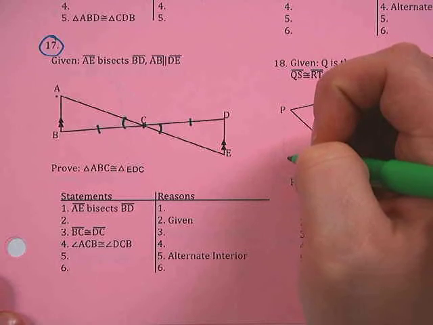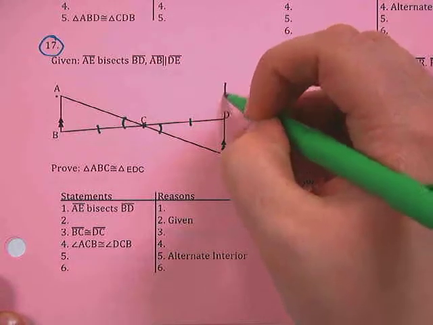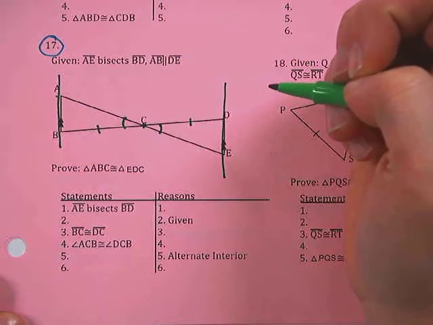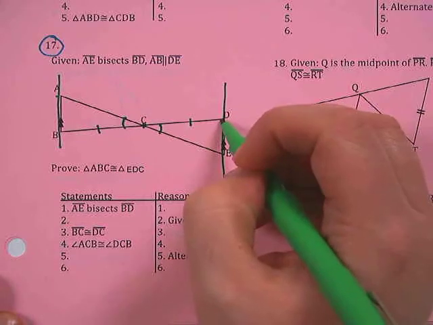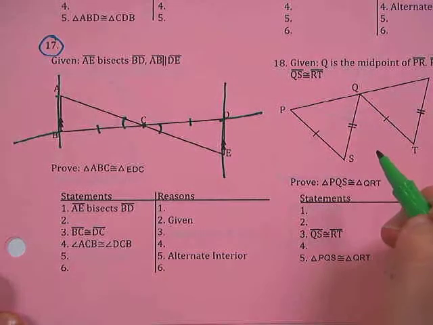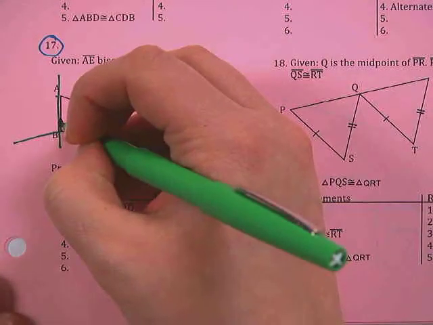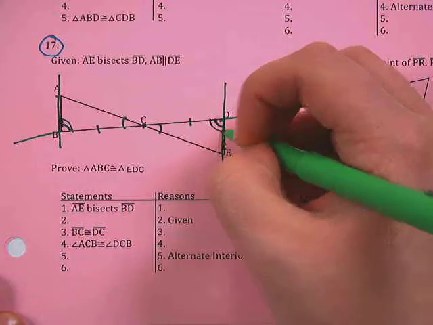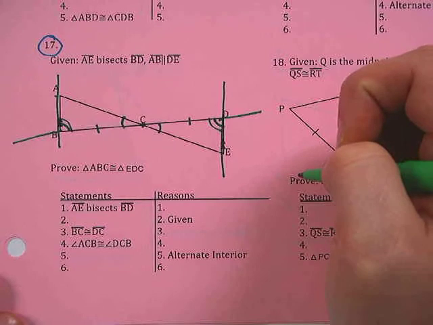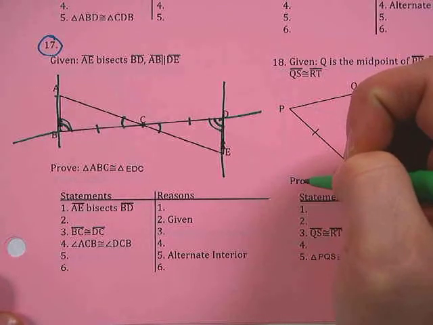The other thing we can notice is that it tells us that AB and DE are parallel to each other. So if we were to extend those lines for a moment, and then also look at extending that line there as the transversal, we can notice that these two angles right here are alternate interior angles. So that's going to be something important for us. Okay,